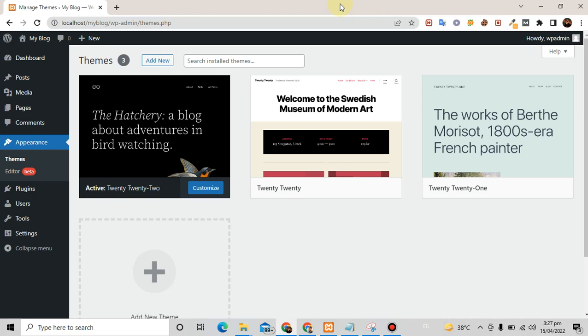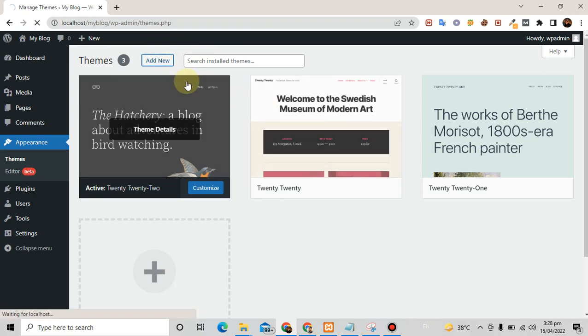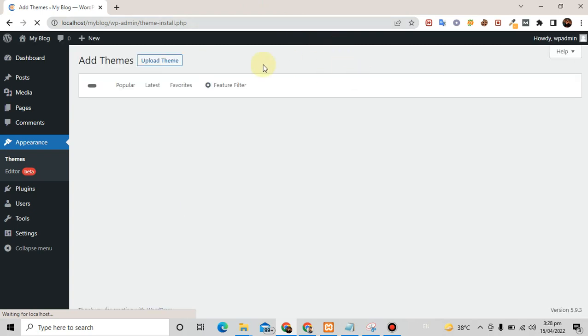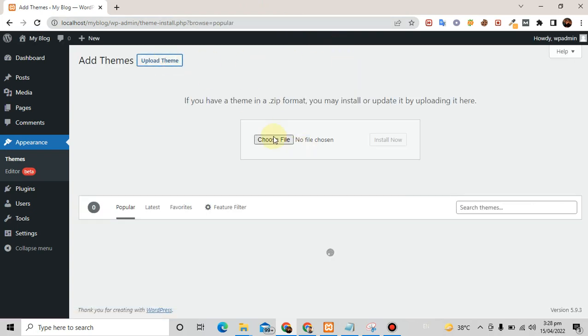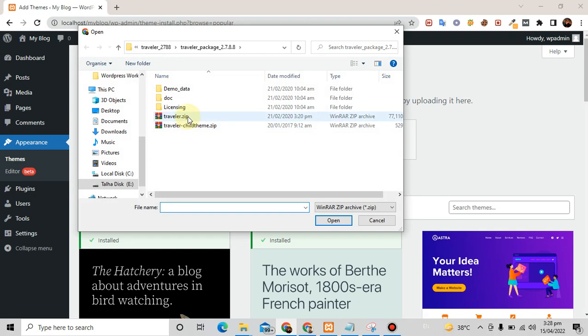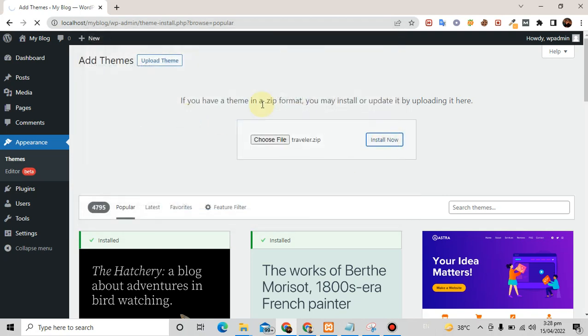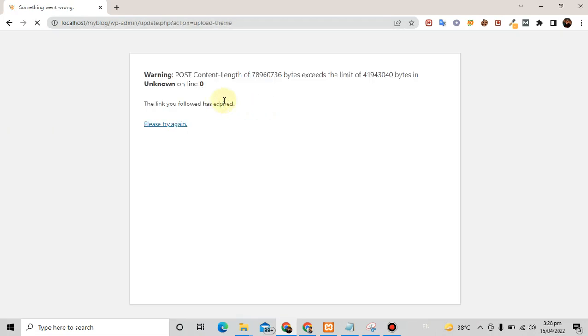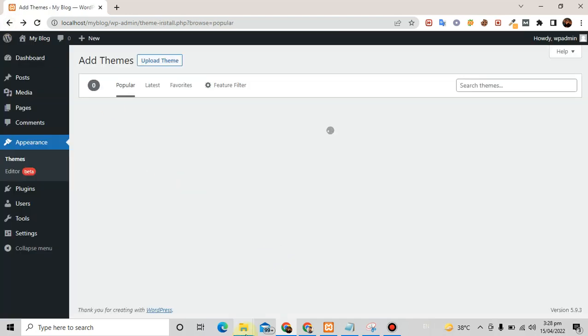Hello guys, are you facing a file uploading error while using WordPress on localhost XAMPP like this? Oops, I can't upload a file that has a size larger than 41.9 MBs. Now the question is how to solve it. So let's start. Step 1 is